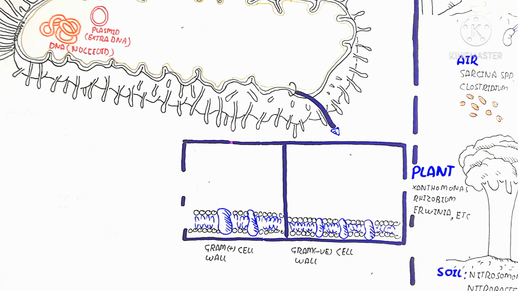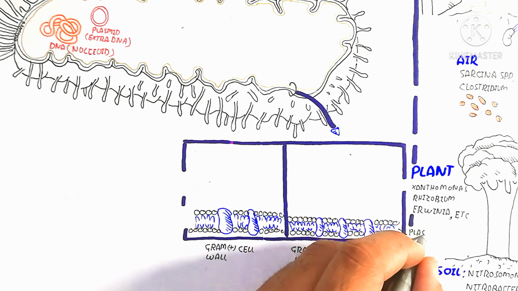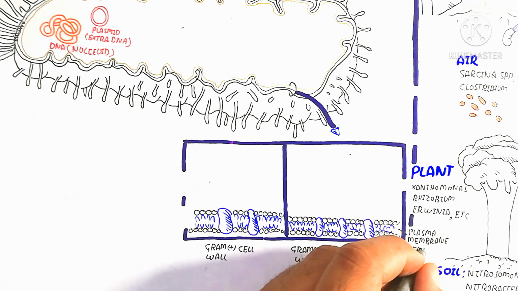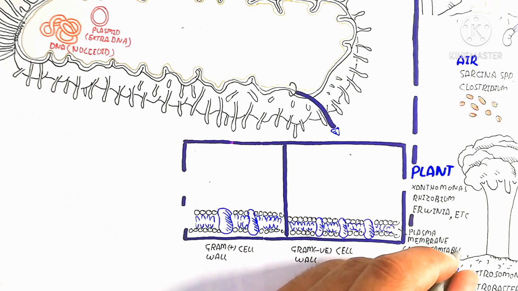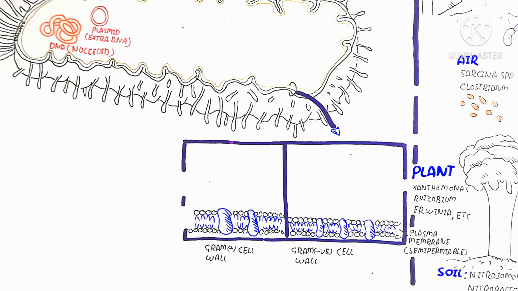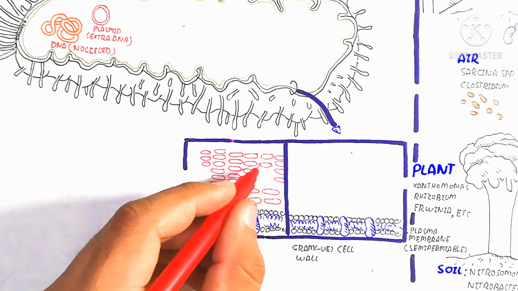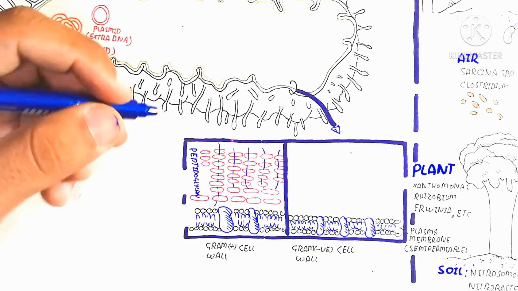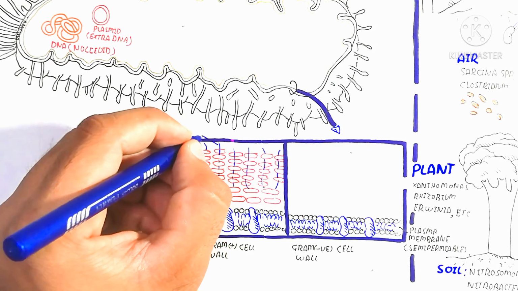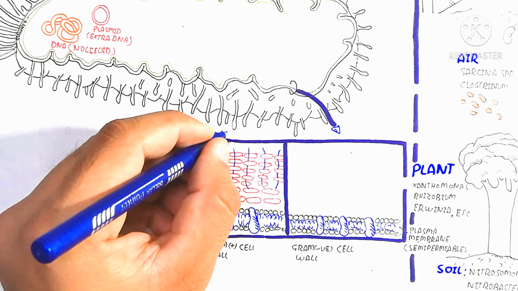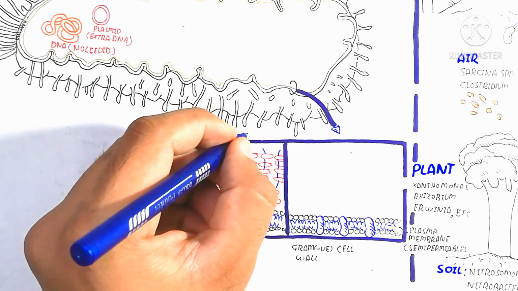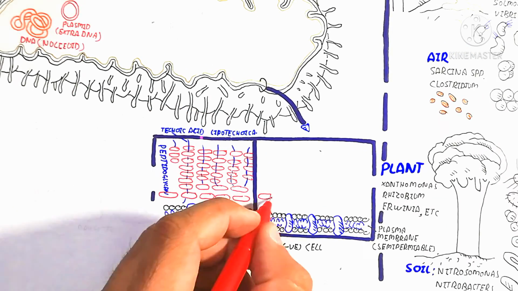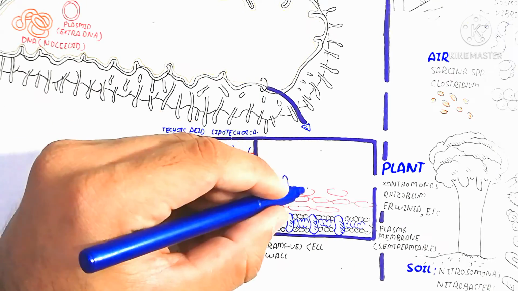So here we will also discuss the cell wall. The cell wall is made up of peptidoglycan in gram positive. Here is the gram positive cell wall, while here is the gram negative cell wall. The gram positive cell wall is thicker compared to the gram negative wall, which is thinner, with regard to the peptidoglycan, not the cytoplasm, because of the cell membrane. The cell membrane is double in the gram negative, while the gram positive cell wall is a thicker but single layer.